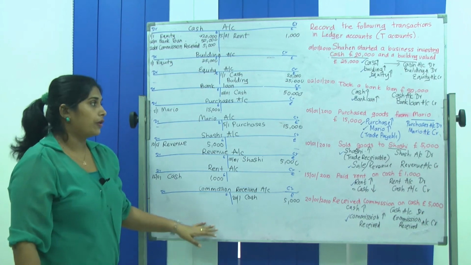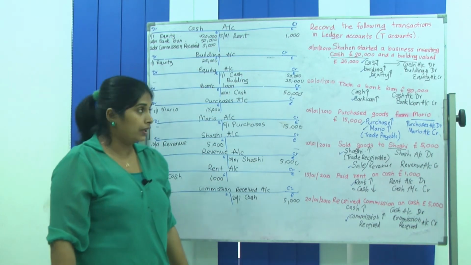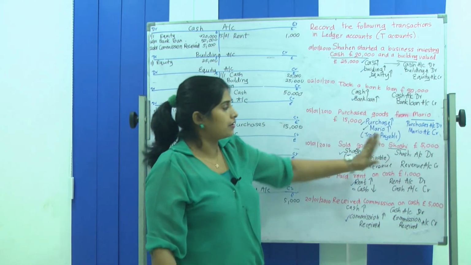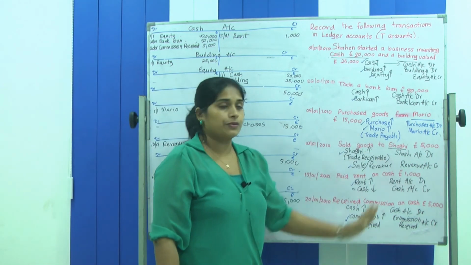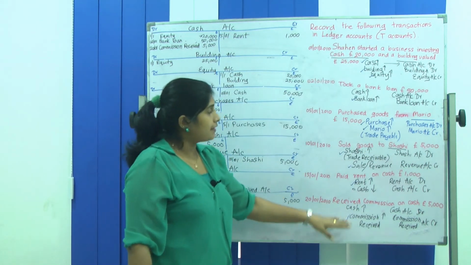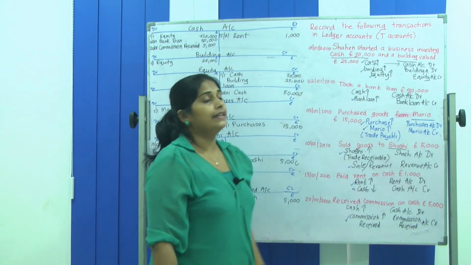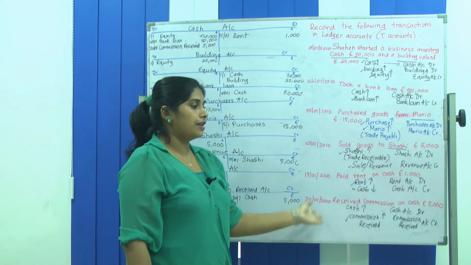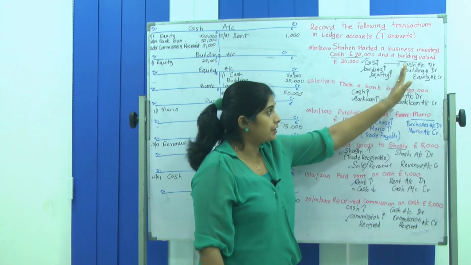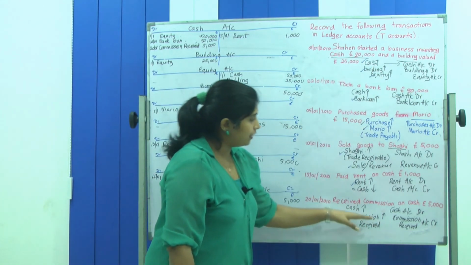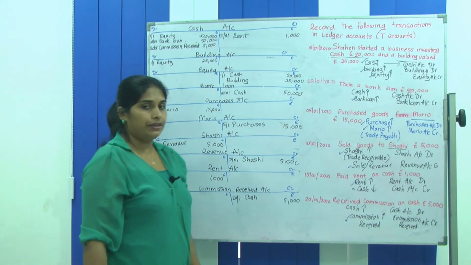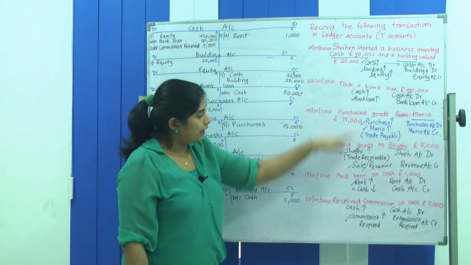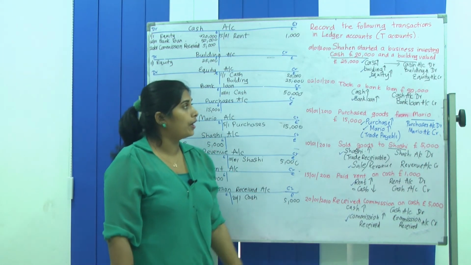So this is the way you have to record when several transactions are given. If they ask for the double entry, then in the earlier video I taught you how to record the double entry, just which account to be debited and which account to be credited. That's it. But when they ask you to record them in the ledger account or in T accounts, the easy way is first you identify the account which increases, which decreases, and the account name to be debited and credited. Then it will be easy for you to record them in the T account. So I took only 6 transactions out of 15. I hope you all understood.